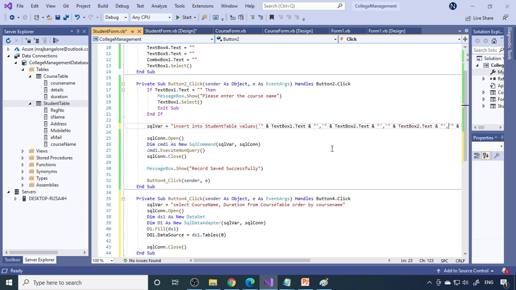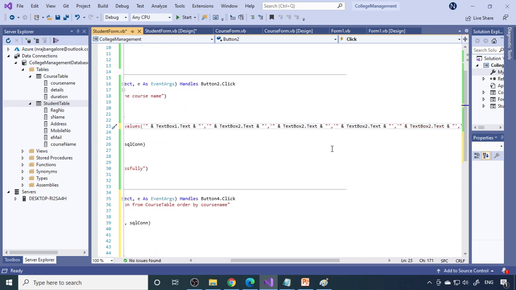So this is for address, mobile number and the email ID. So this is 2. This becomes 3. That is address, mobile number. Because now it is a number, we don't require quotes on both the sides. So for number there are no quotes. Okay, you need to remove the single quotes. So that is very important. Otherwise it gives an error. 4. Now this is 5. So that is the email ID.